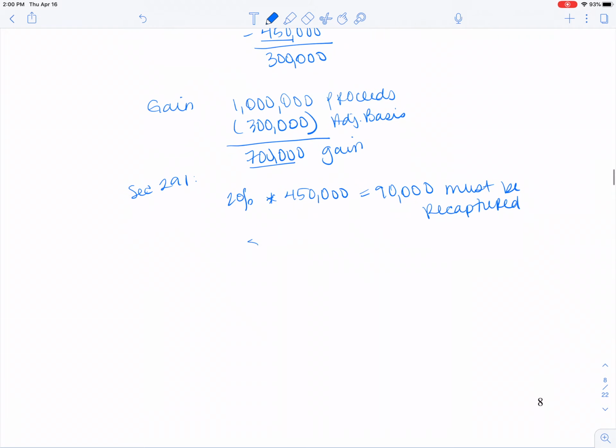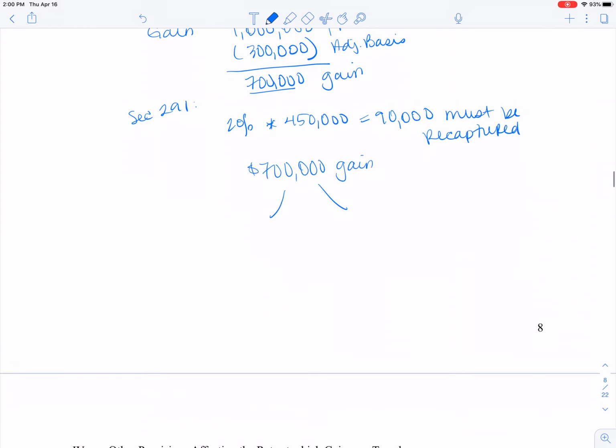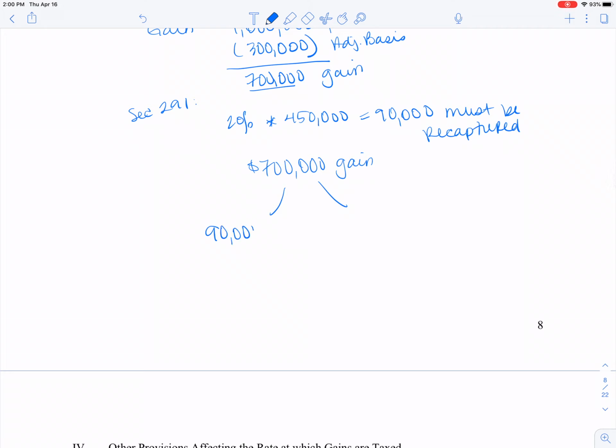So I have my $700,000 gain, and I'm going to break it apart into two pieces. 90,000 must be considered ordinary. The rest of the gain, $610,000, is going to be considered 1231